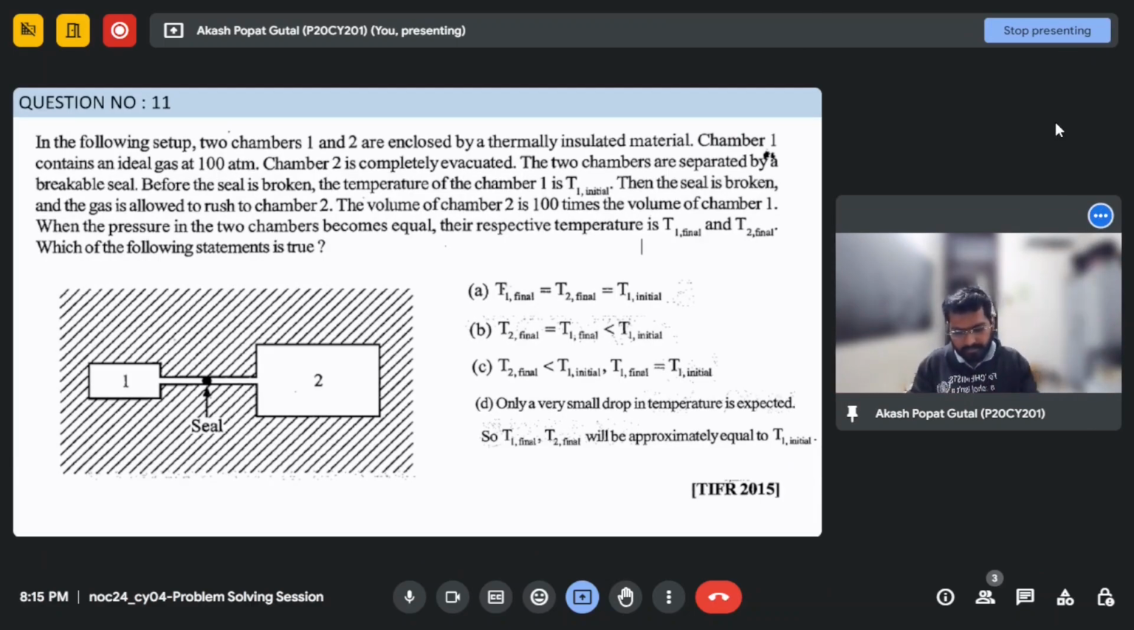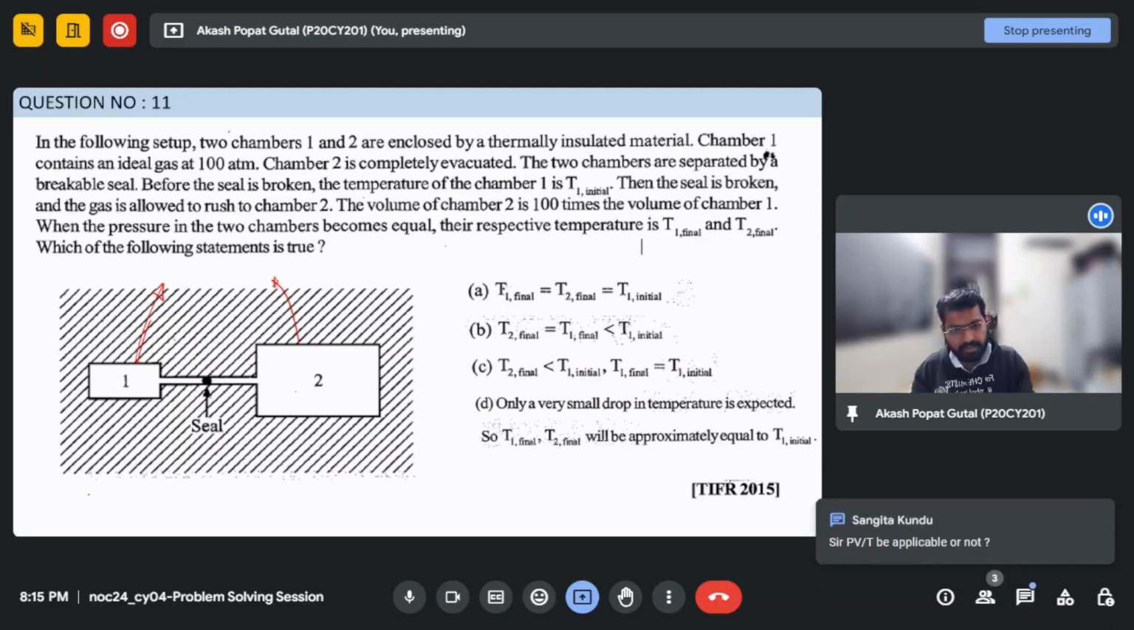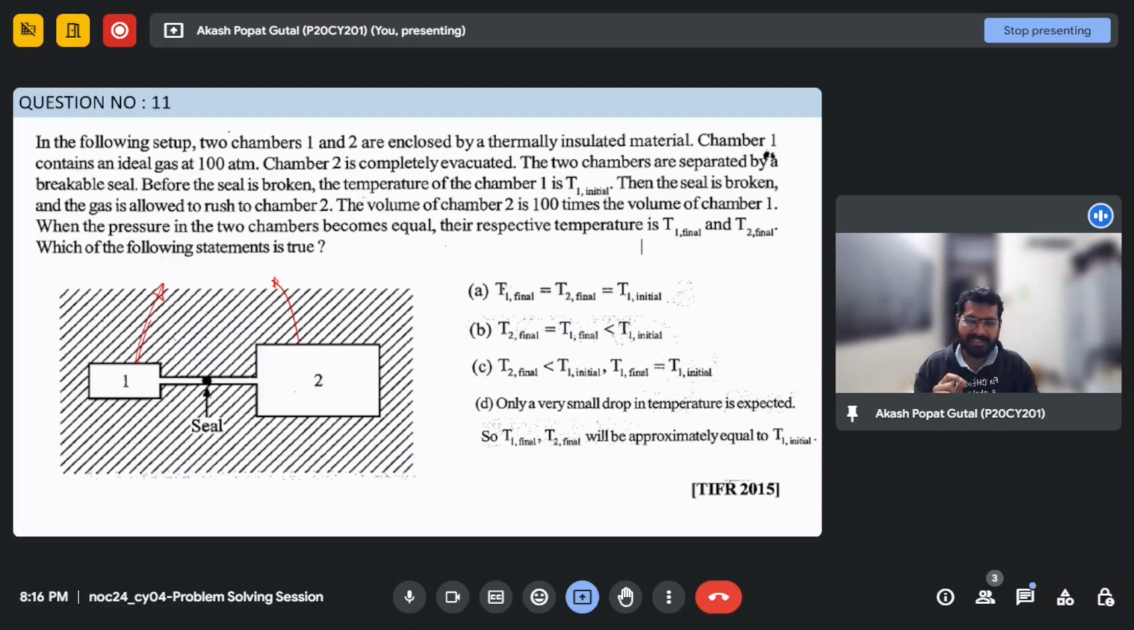Okay, I will explain the question. The question given is that these two chambers are totally isolated and there is no heat transfer outside these two chambers, and chamber 1 has gas at temperature T initial. No, PV by T is not applicable here. I will tell one statement, and you can give the answer. That statement is that